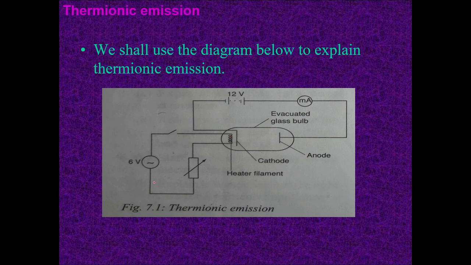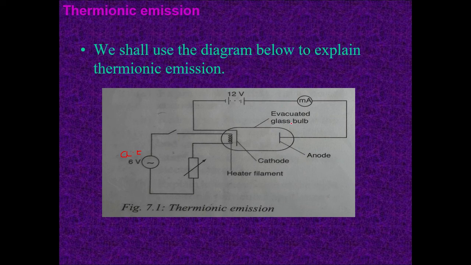If you notice, there is a first circuit in which we have the AC source, which is 6 volts. AC simply means alternating current, so the current is alternating. Here we have a rheostat. We also have a 12 volt DC source here, the direct current, and we have a milliammeter here,